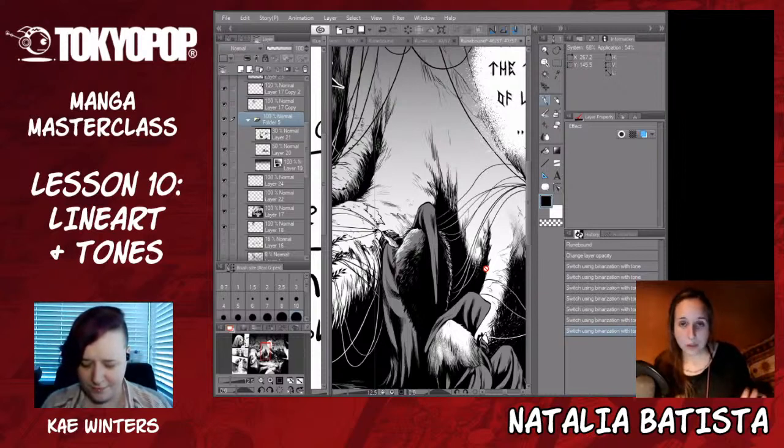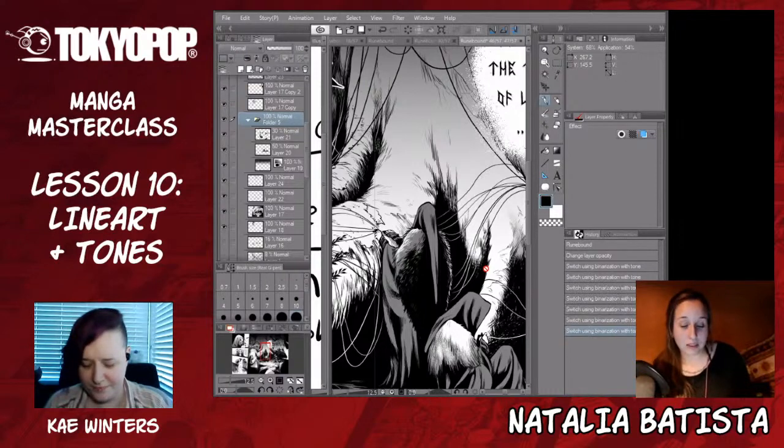But 1200 dpi resolution, that's very important. And always make the manga in the size that you want to print it. So if you have an idea of making it into a book, make it in the size you want to make the book. So yeah, probably follow the rules of a normal manga book, which is usually a C format